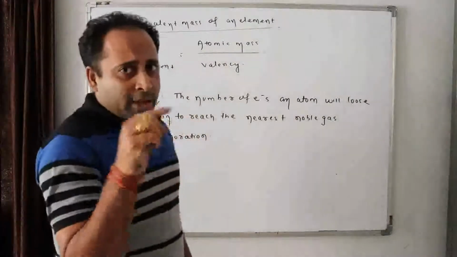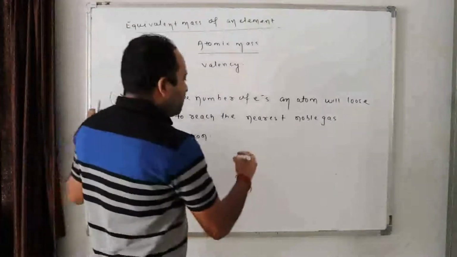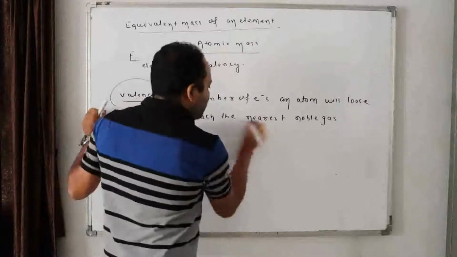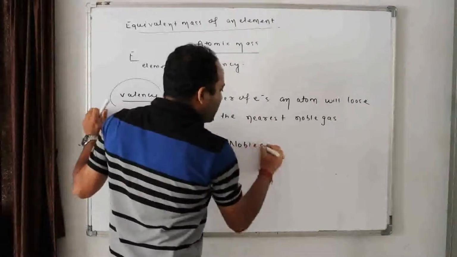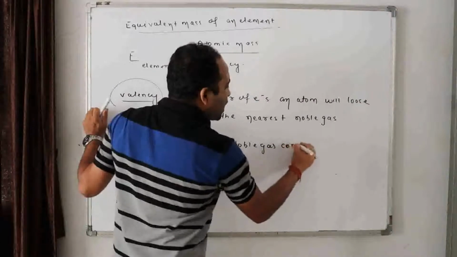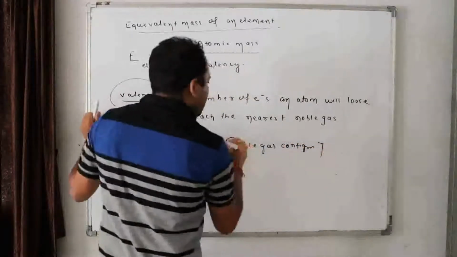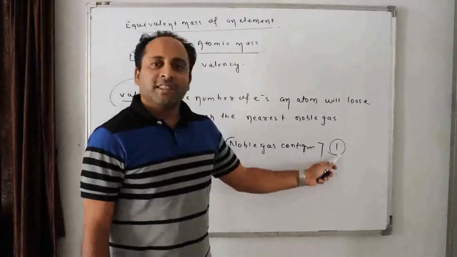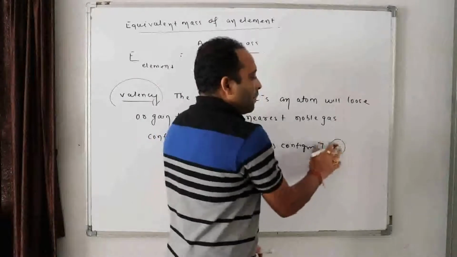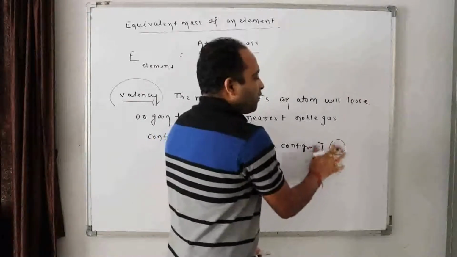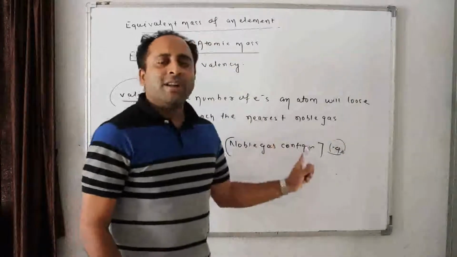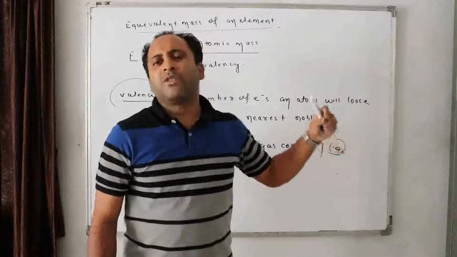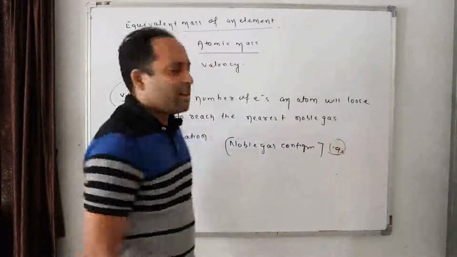Generally, not always, if the valence electron is 1, it can lose 1. Normally when we write configurations, we write the noble gas configuration and then start filling the electrons. If the valence electron count is 1, valency is 1. If it is 2, valency is 2. If it is 3, valency is 3. If it is 4, valency is 4. That means 1 electron can be given, 2 electrons can be given, 3 electrons can be given. 4 electrons normally are not given; they usually prefer to share.